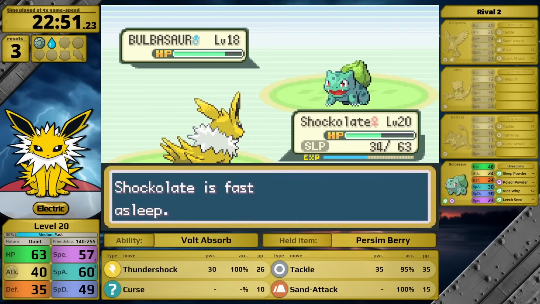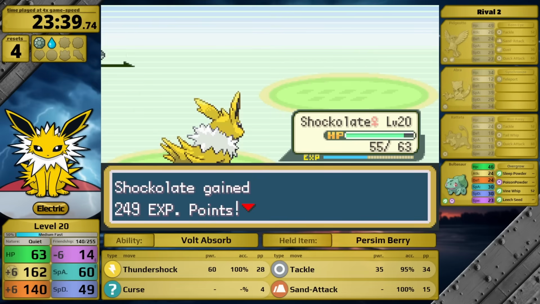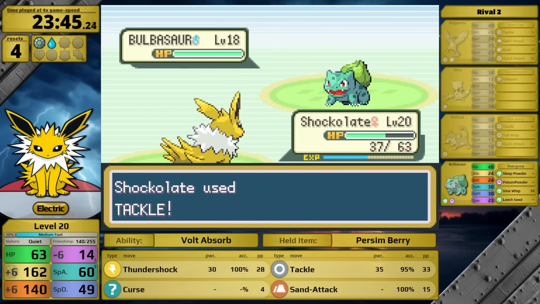Sure, Jolteon can't hit it very hard, but when I sleep for more turns than I'm awake, I end up losing because of that. In the next battle, I use Abra, who only knows Teleport, and set up all the way to +6 with Curse. Sound familiar? Alright, Bulbasaur, you get 1 shot. Okay, fine, because I'm asleep, you get 3 shots, but then when Chocolate wakes up, I hit with Tackle, and